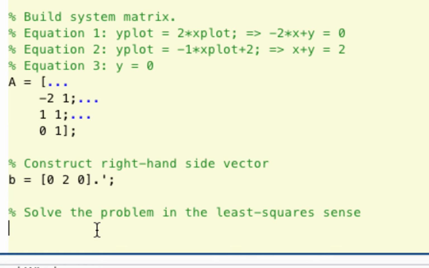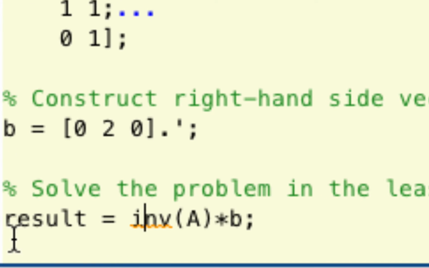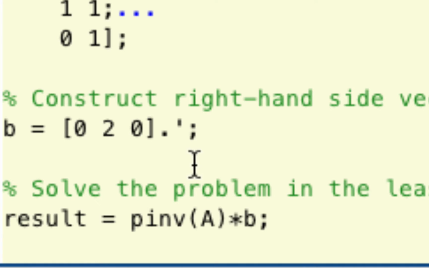Least square sense. Of course the matrix A is not invertible, so we cannot... I mean, one could think of writing something like this. However, it makes no sense because A is not a square matrix. It just cannot have an inverse. However, it does have a pseudo-inverse. Why? Because every matrix has a pseudo-inverse. There is no problem in using the pseudo-inverse. So we get the result, and